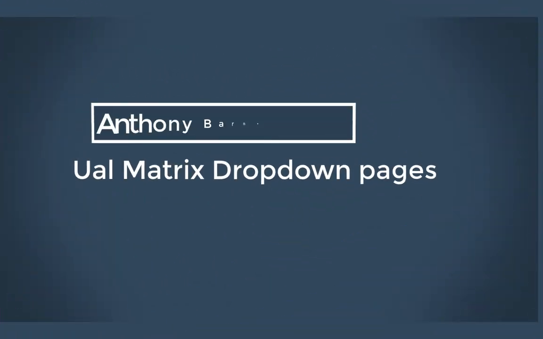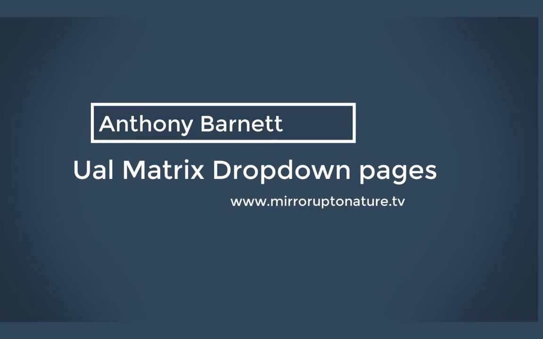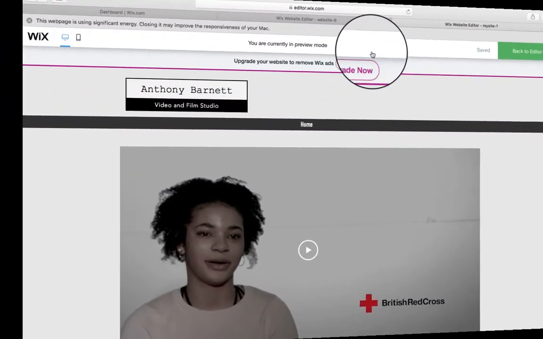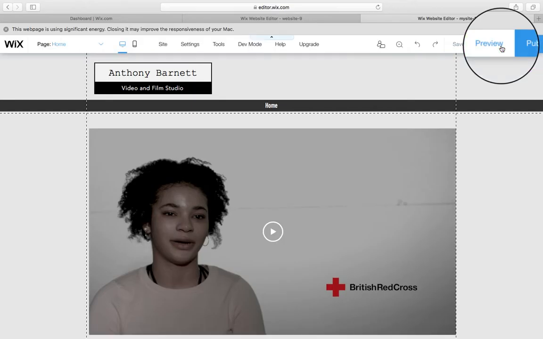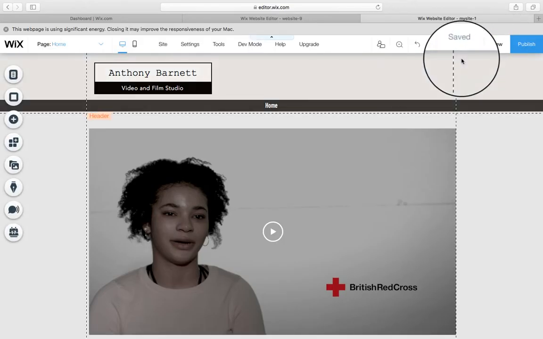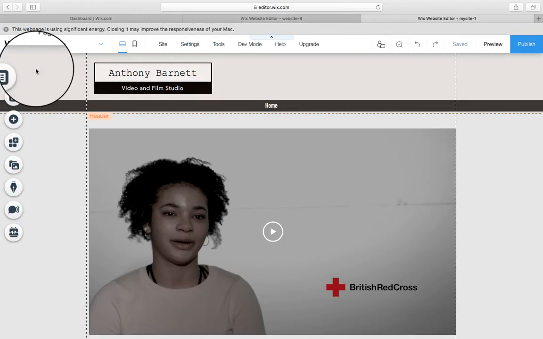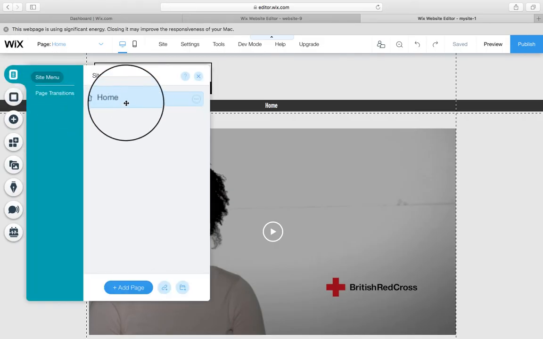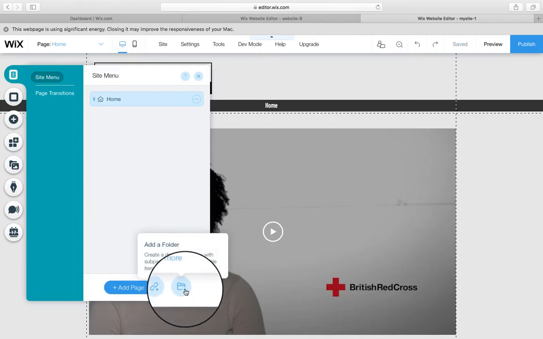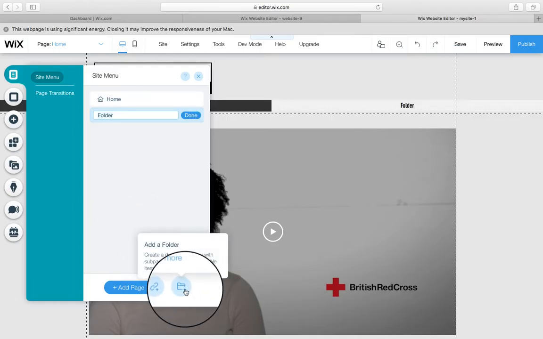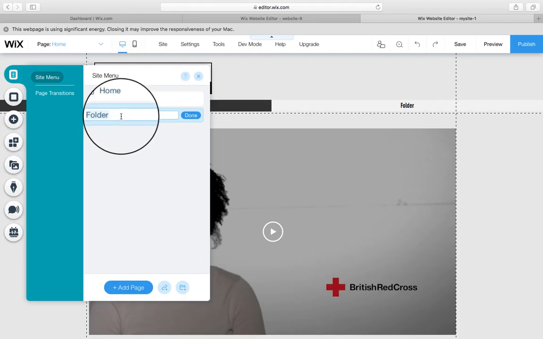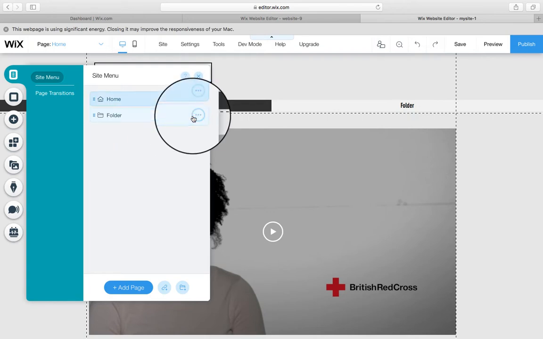So here we are, UAL matrix, drop down pages in Wix. Now how do we do it? We go back to the editor and then we go across to the menu and then make sure you're on the home page and then down to the folder. Click the folder. Now if you see on the right hand side in the menu, a folder has come up, but we're going to write in level 1, press done,